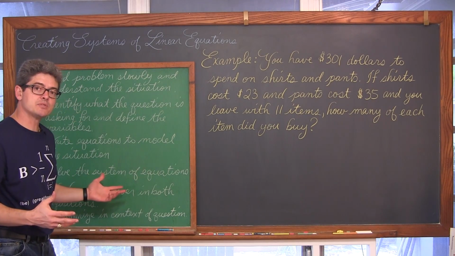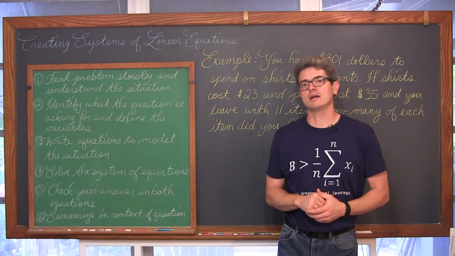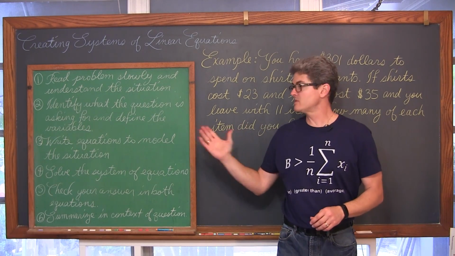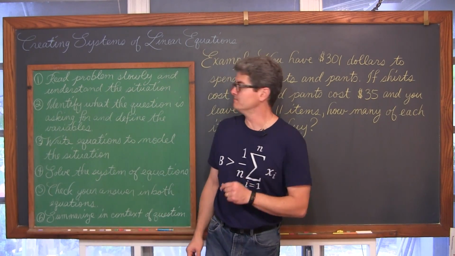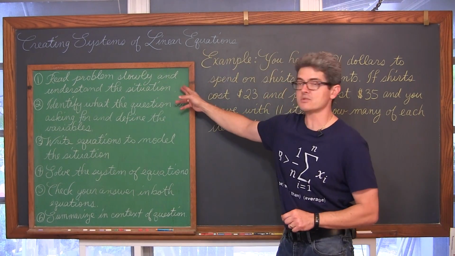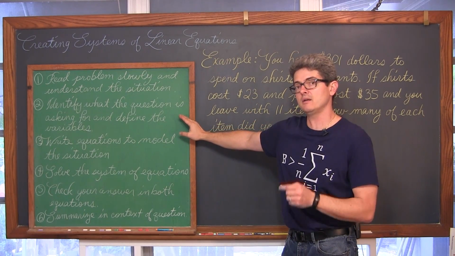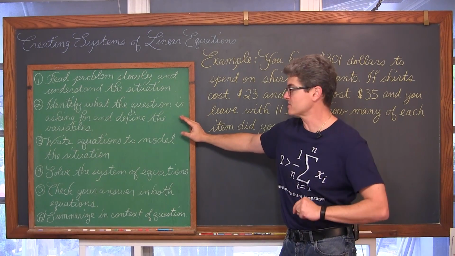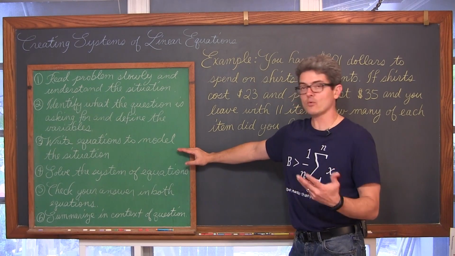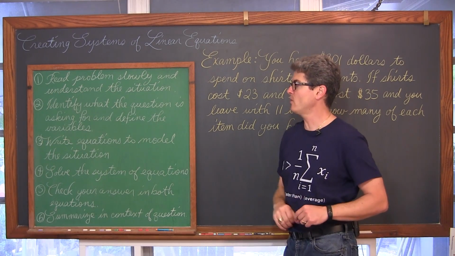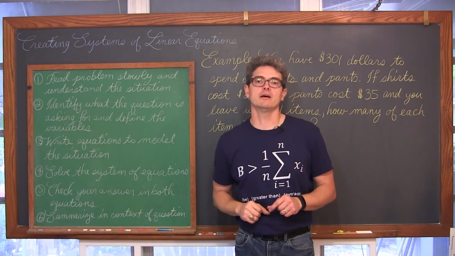Now, I know we haven't done any examples yet, but the best way of learning how to set up word problems is consistent and constant practice. So I'm going to give you just a second. Why don't you take the notes down, read the example, and try and come up with the equations on your own. We're going to read slowly, understand the situation, and look for the question in the problem. That's going to help you define what the variables are going to be, and make sure you write those definitions out. If it's a situation that we're comfortable with, or even not, hopefully we can figure out what those equations are going to be. And now, again, we're talking about a system. So we're going to have 2 unknowns, and we're going to have 2 equations.